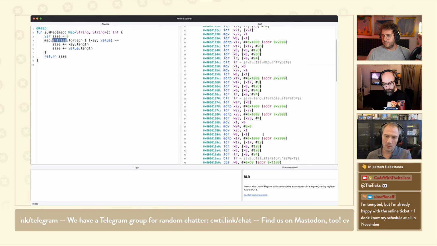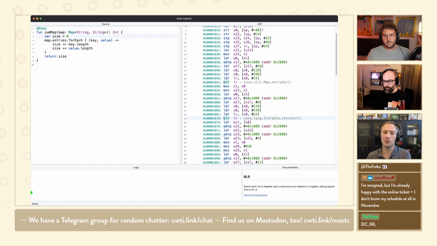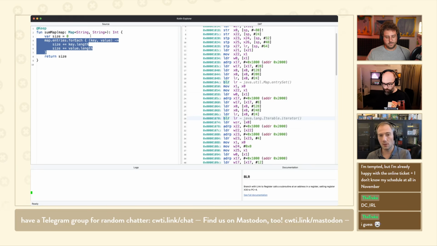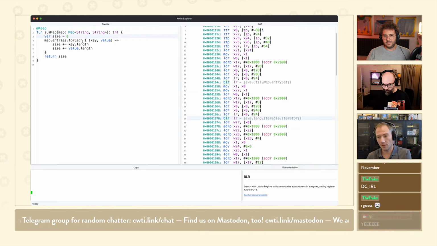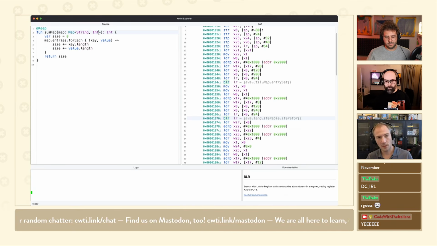But more importantly, we're creating objects. If we were to look at this piece of code in the memory profiler, you would see we would allocate an iterator every time, which is not great. And we get even worse if we had primitives in there, because there would be boxing and unboxing happening.